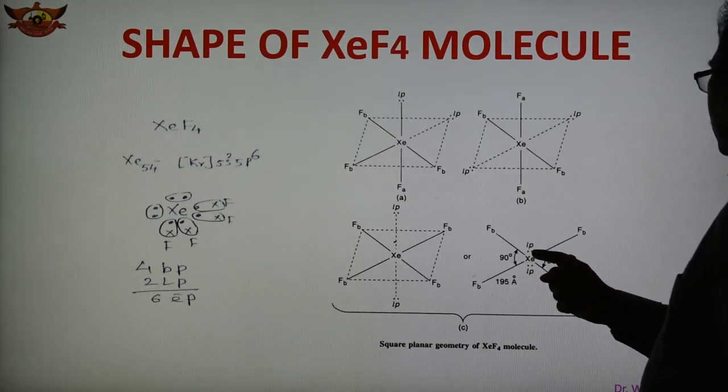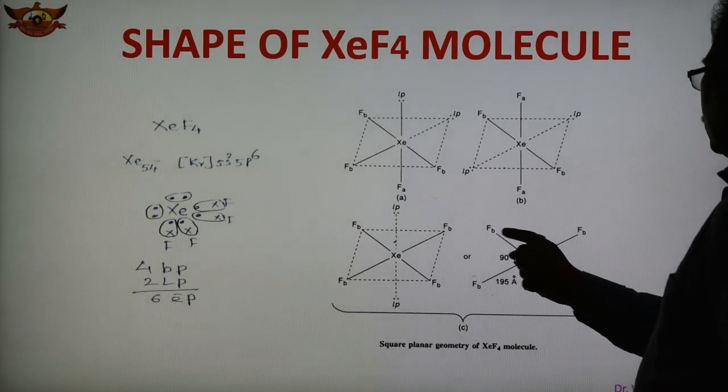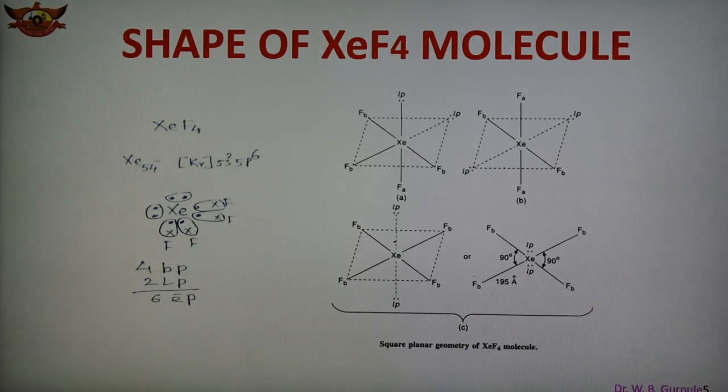If you see, one lone pair is here, second lone pair on the central atom. So the shape may also be considered as a square planar geometry because 2 are the lone pairs on the axial positions of the xenon tetrafluoride. So in this case of xenon tetrafluoride, there are 3 possibilities because 2 lone pairs of electrons are present. Out of 3 possibilities, in figure A, one lone pair is present at equatorial position and the other at axial position. In figure B, both the lone pairs are at equatorial position, present diagonally, and in figure C both the lone pairs are at axial position.